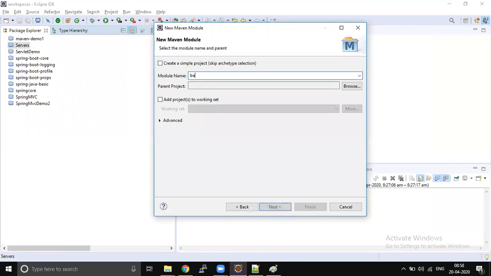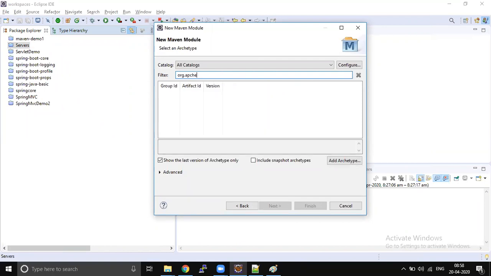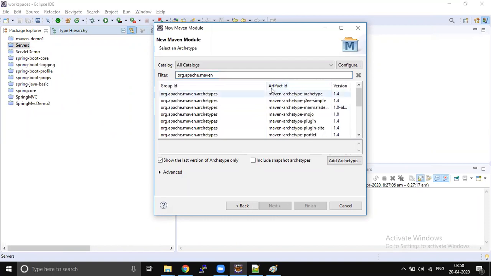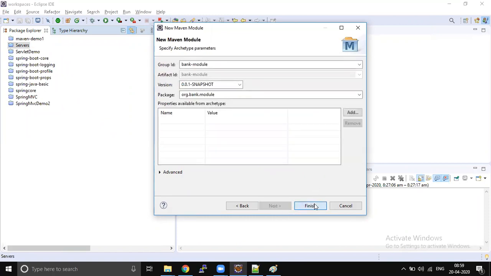Module name is bank-module. Next. org.apache.maven.archetypes, maven-archetype-simple. Sorry, spelling mistake. Next.